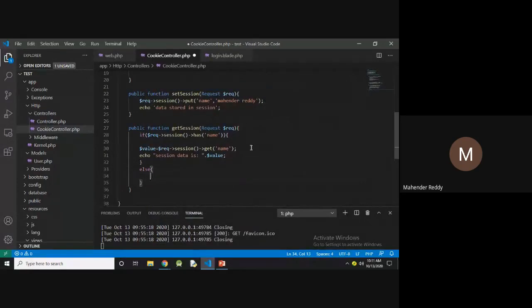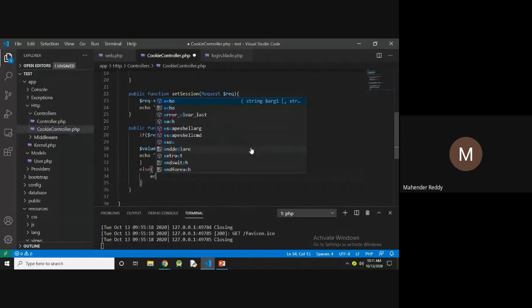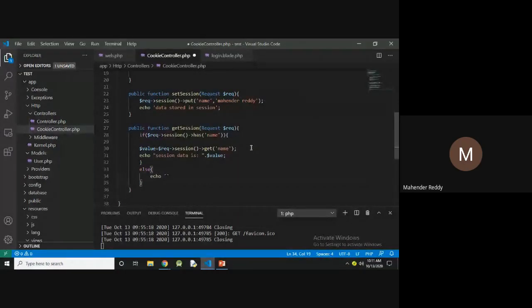If the session is not available, then it will display some error message. Okay, echo session data is not available.